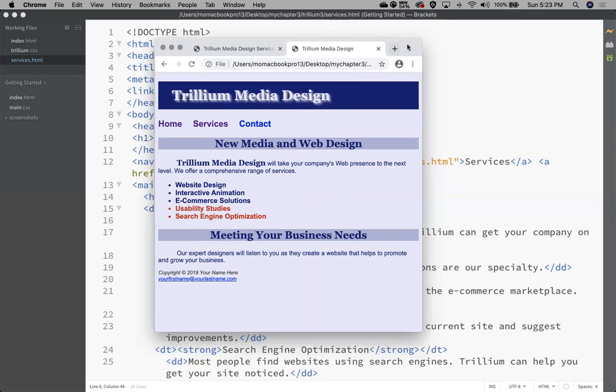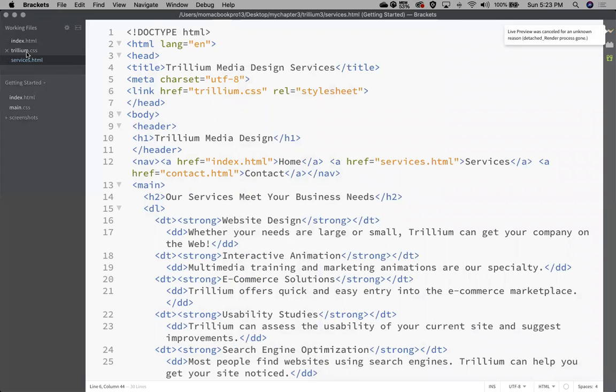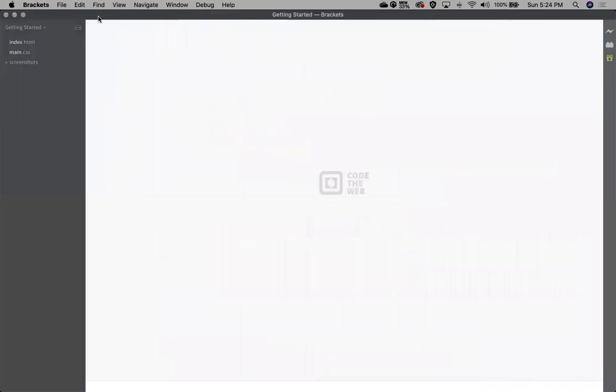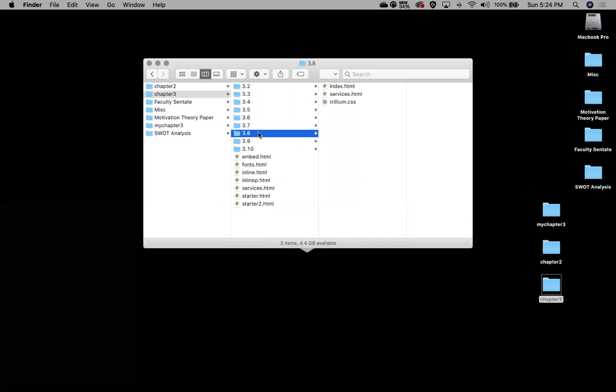All right, so let's do 3.9. Okay. All right, so this one we're going to deal with some layout issues. Let's close these out real quick. Hide Brackets for a second. My chapter 3, this 3.8, I'll go ahead and